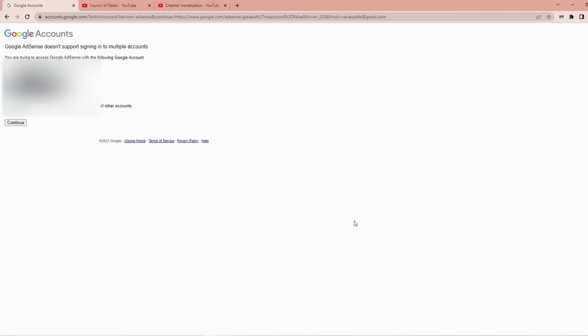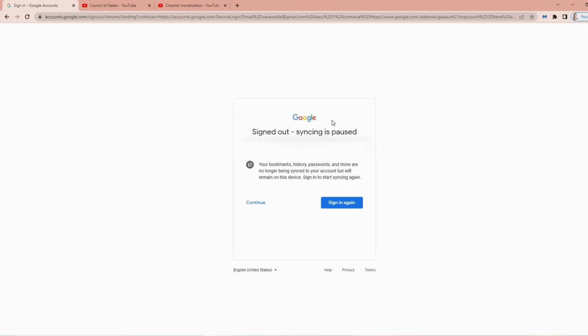And here's our first issue, which is that if you are using Chrome or any other browser in a way that you are signed into multiple accounts that you just jump between, it won't let you do it that way. You have to sign out of everything that is in the AdSense account. So right off the bat, we've got a barrier of annoyance, which is actually surprisingly effective. A lot of people just go, oh, this is irritating, and either get confused or frustrated. This is going to cause some people to drop off right off the bat. But you need to continue forward.